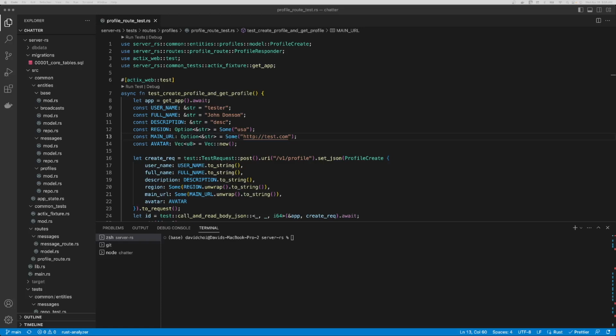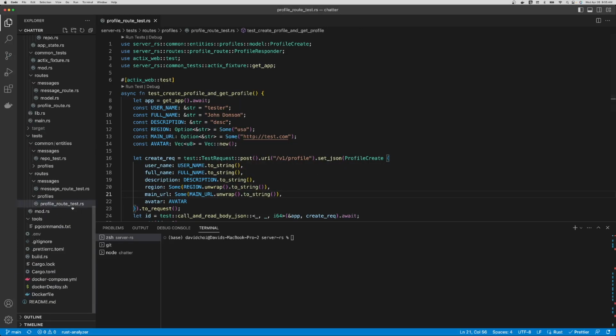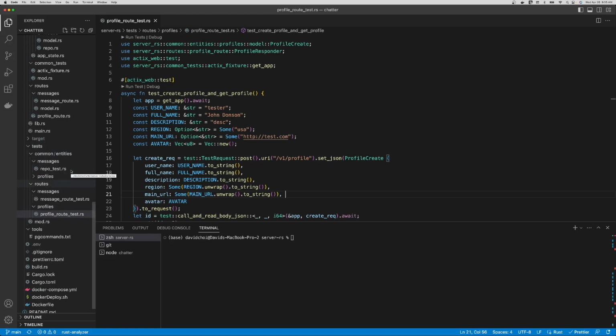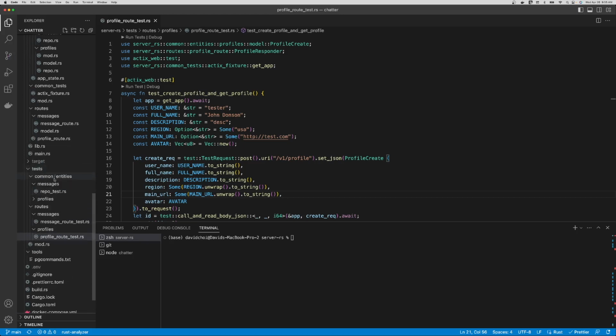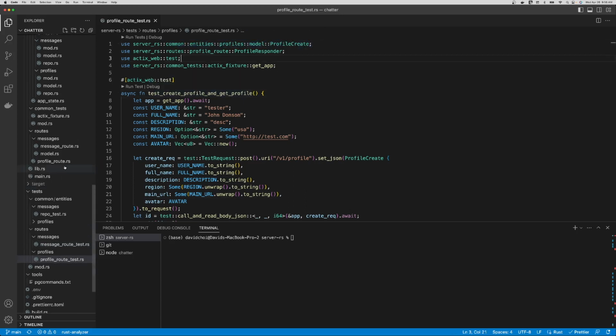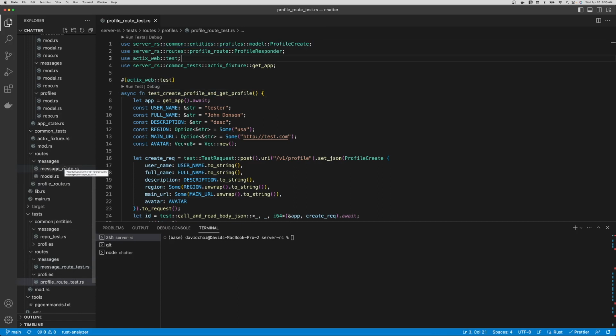Alright guys, here's a quick video on setting up more complicated integration testing scenarios. So if you take a look at my folder structure, you can see that I have the classic test folder in there. And the thing with this setup is, in order to have the tests inside of this folder find the relevant dependencies and things that they need to import, we have to change the structure of our core application